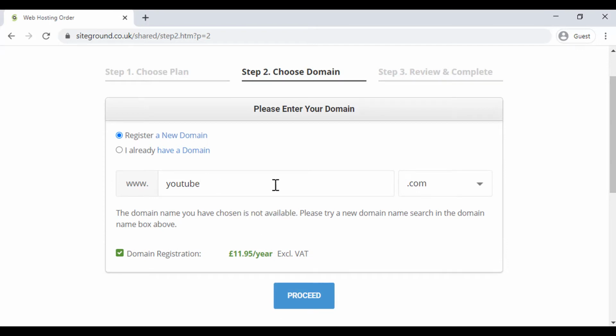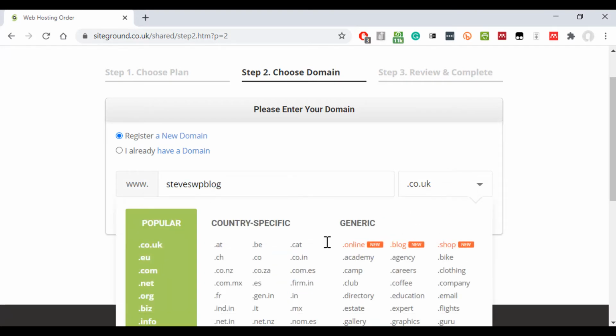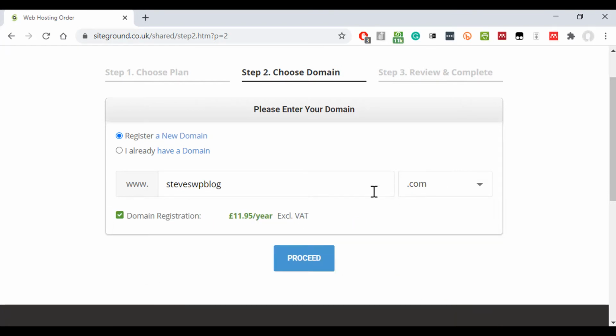But when you're choosing your domain, make sure it's something that you're going to use and it's something that represents your brand as well. So let's put my domain that I want. Let's try Steve's WP blog. And I want to go over to .com again, because I'm in the UK, it defaults to .co.uk. Now I can't put WordPress because that's a trademark violation, so just be careful with any domains you do buy, because that could come back to haunt you later on. Okay, so if I do that and then press proceed,